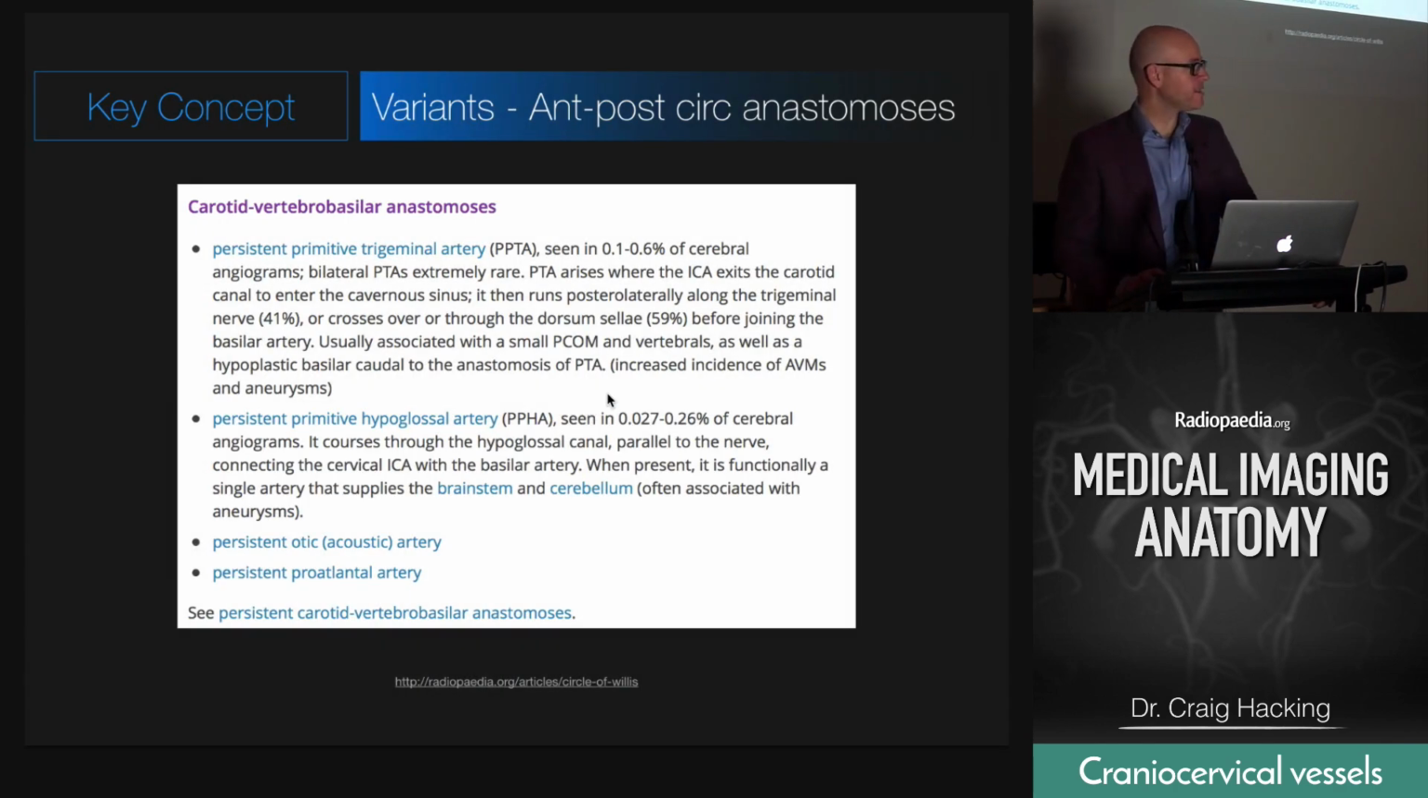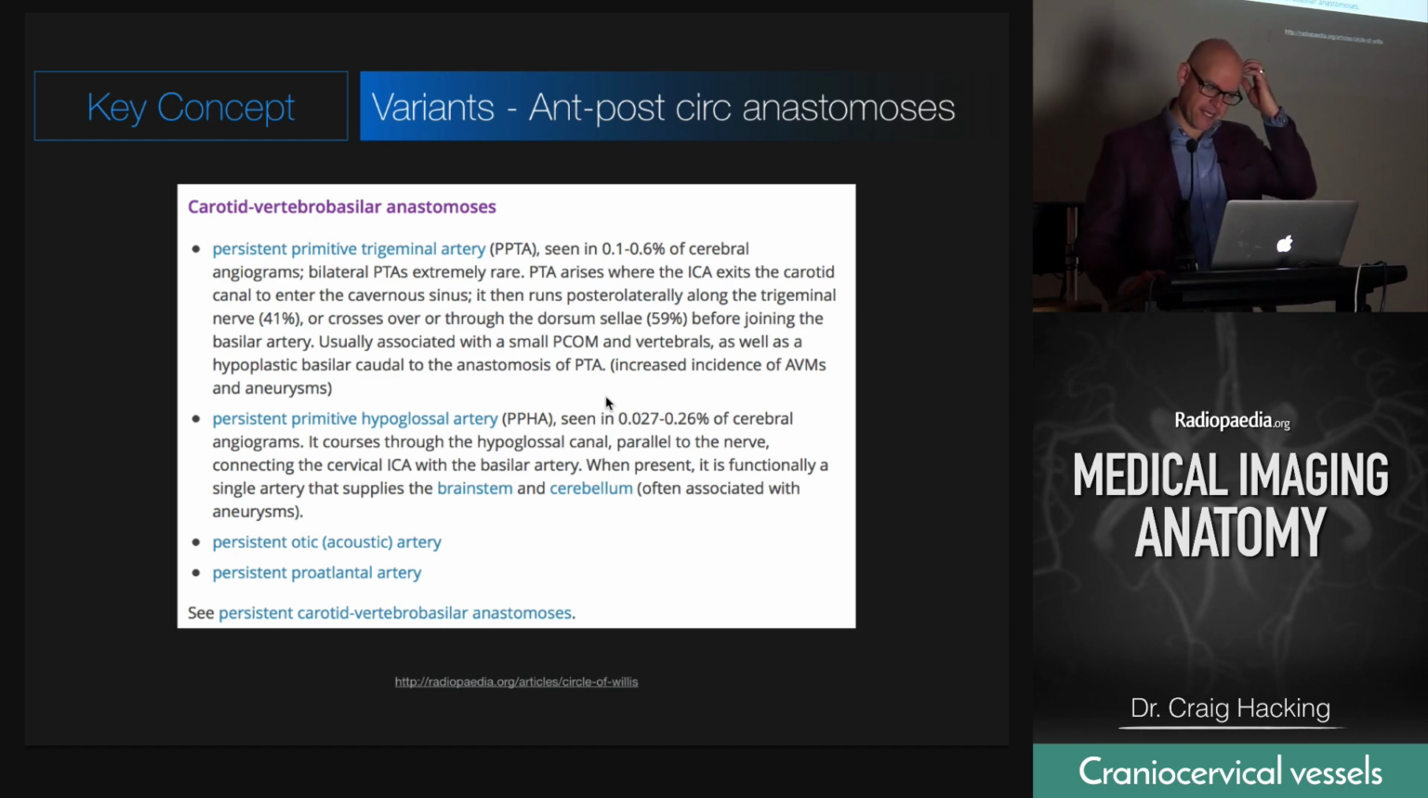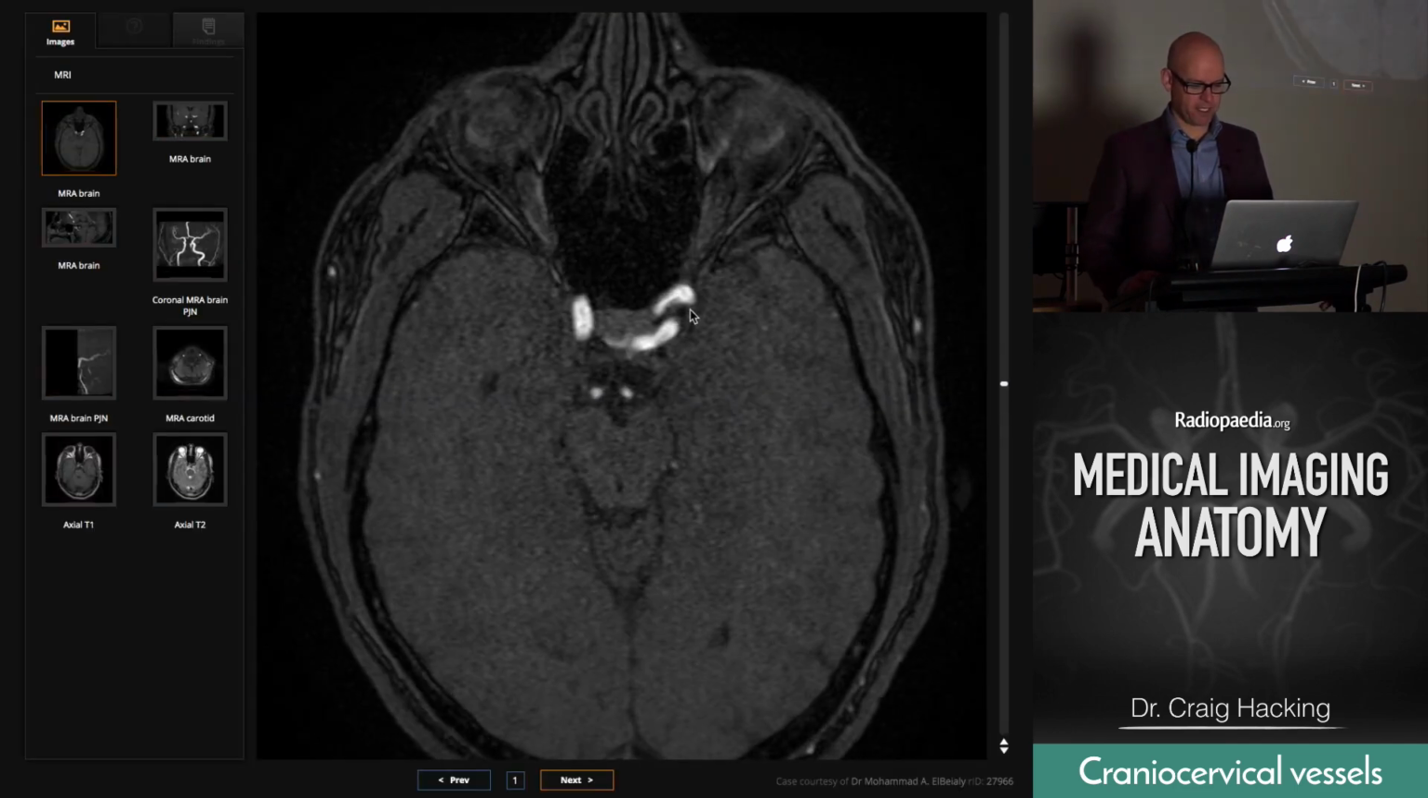There are a couple of variants from embryology that are a bit weird, and these are the persistent carotid-vertebrobasilar anastomoses, where there's an artery that links the anterior and posterior circulation. The most common, in about one in 2,000, is this trigeminal artery, a primitive or persistent trigeminal artery, and then these are far less common. I've got an example here of the trigeminal artery. Have a look at here. Here's our